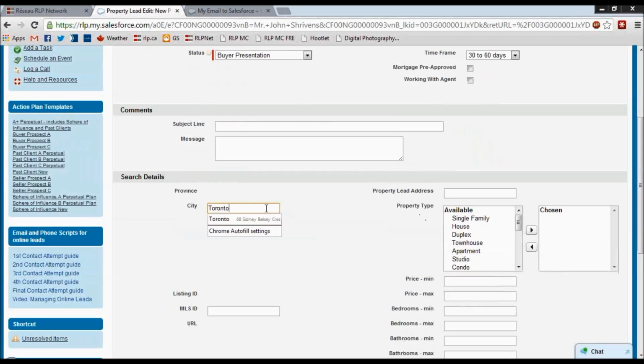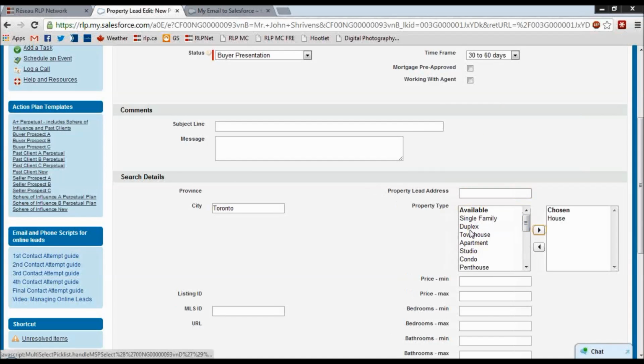He's looking to buy in Toronto. If I had other information, I could put that in. He's looking for a house, and I could put a price, let's say here, $10,000 up to